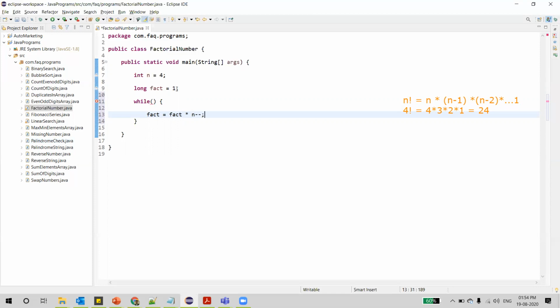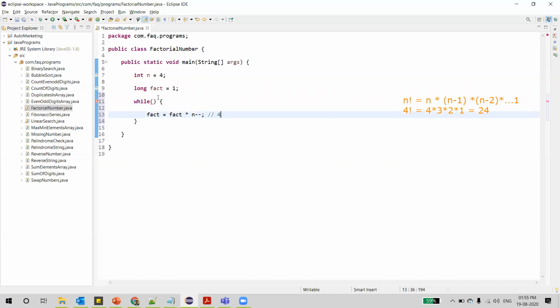Now, for the first time, say the condition is true. Then fact equals fact, which is 1, into n, which is 4. So 1 into 4 is calculated, and fact is 4 now for the first time.